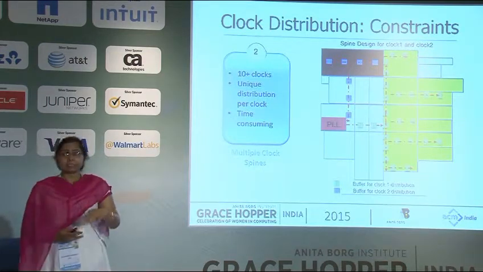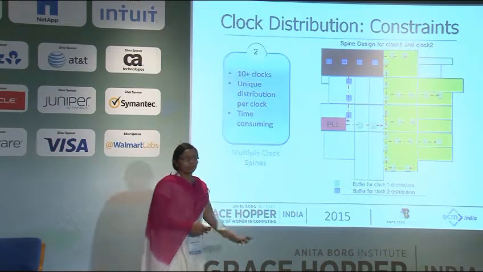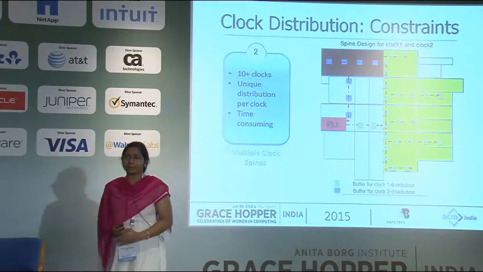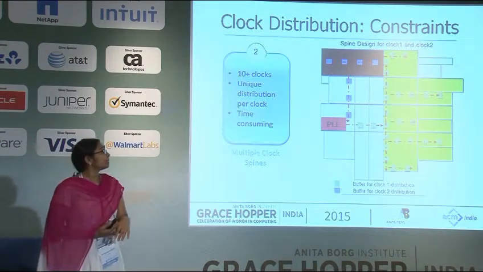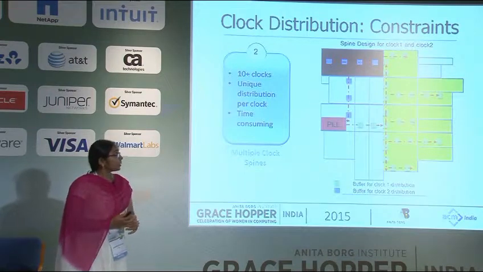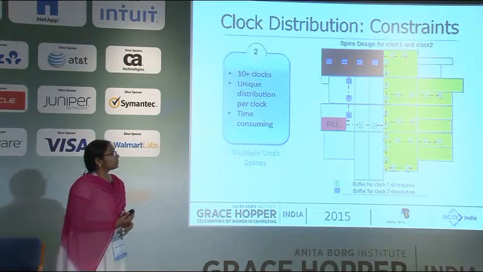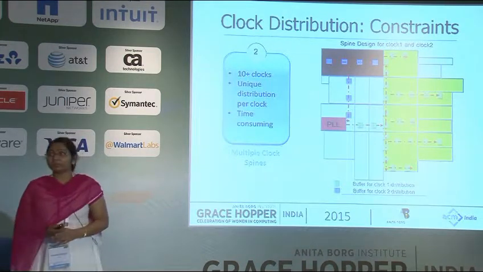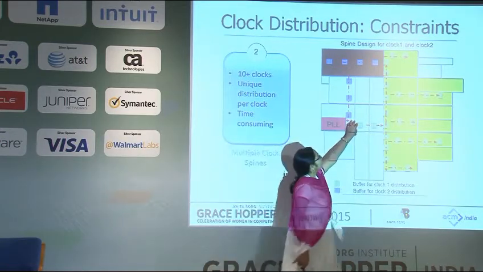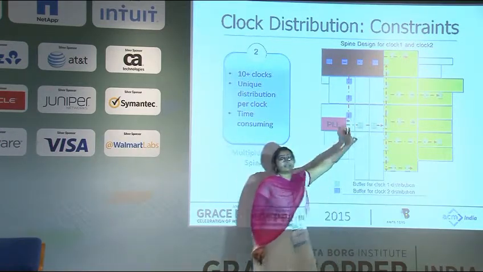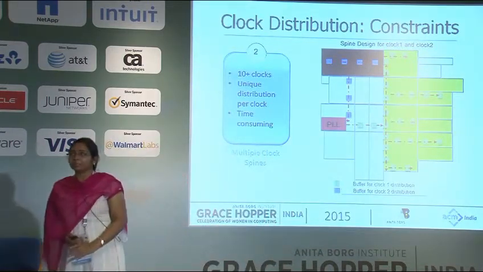The power distribution layers and the layers for distributing the clock are the same as the RDL layer. The power bumps placed on the SOC will be on the same layers as this clock distribution, which makes the routing of the clock very difficult. Suppose a bump is sitting here and I can't route with the same layer, then the circuit will not work properly.